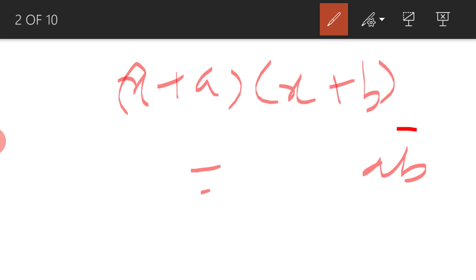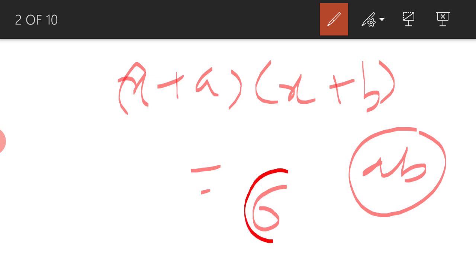And what is the last term of that particular polynomial? It is ab. So now children, what can we infer from this? If the last term, that is the constant term, is 6, what are the factors of 6? Now we are taking negative values also. So factors are 1, 2, 3 and 6. So how many possibilities can we have? Plus minus 1, plus minus 2, plus minus 3, plus minus 6. Out of these, some are the zeros of the polynomial.